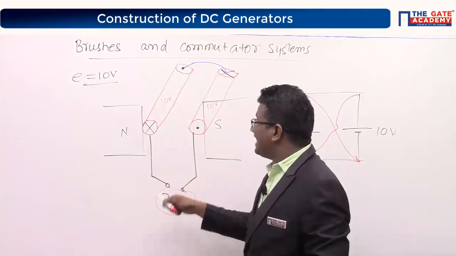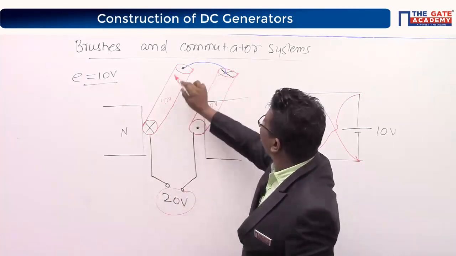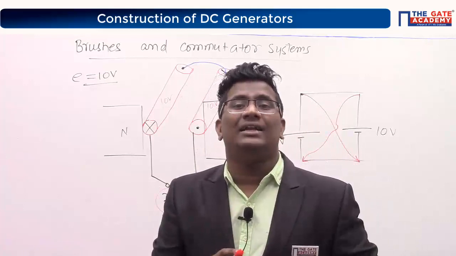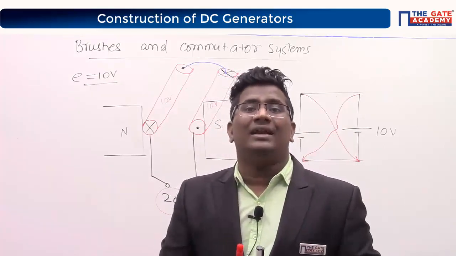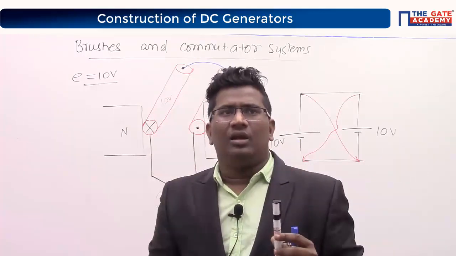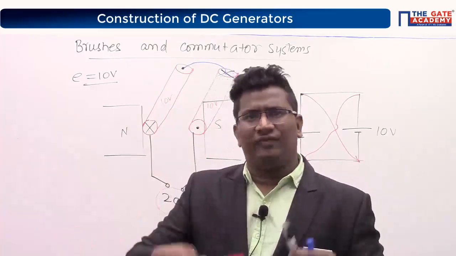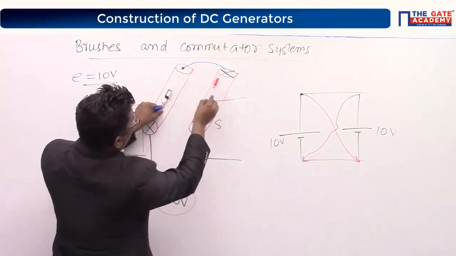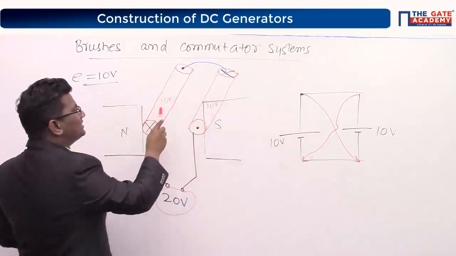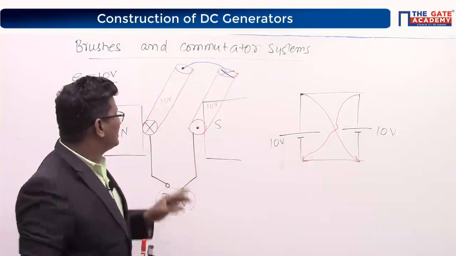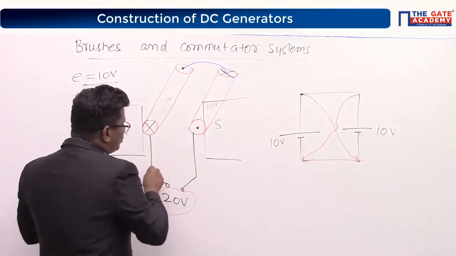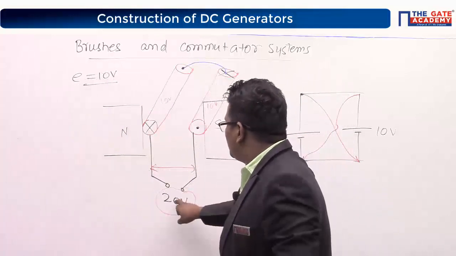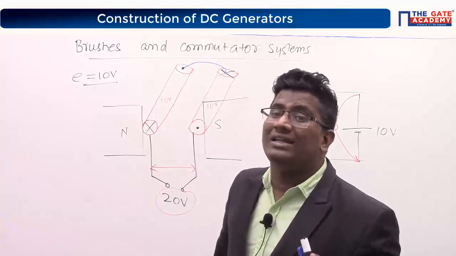Therefore, the voltage across these two conductors with this type of connection is called voltage across the coil. A coil will have a minimum of 2 conductors, and it may have n number of turns. Two conductors connected by an end connection: this arrangement is called a coil, and the voltage appearing across these 2 terminals is known as voltage across the conductor or voltage across the coil?